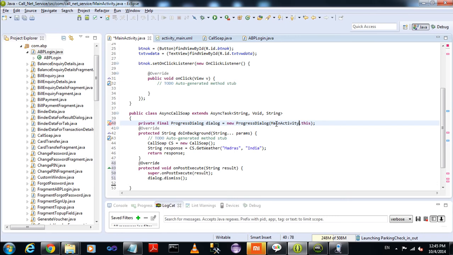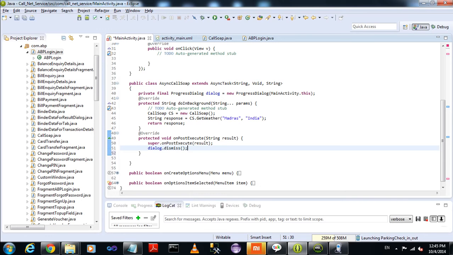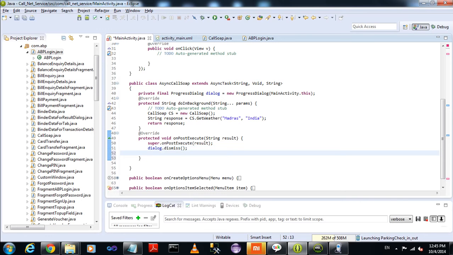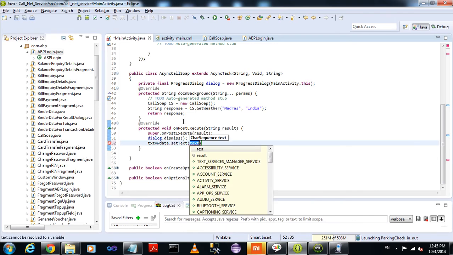Just change the current activity. I forgot the closing curly brackets, so now just close the curly brackets. Now in the onPostExecute method, which is an overridable method, it returns a result. So I'll pass txt view data.setText and just pass the variable name result.